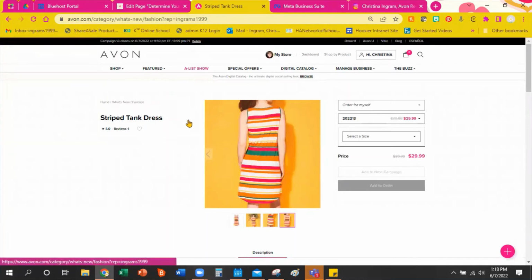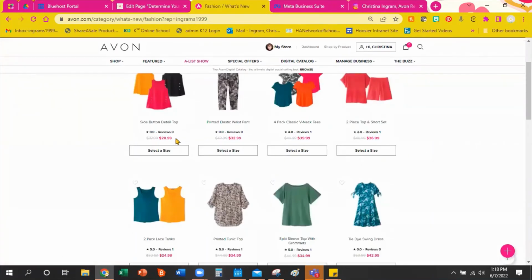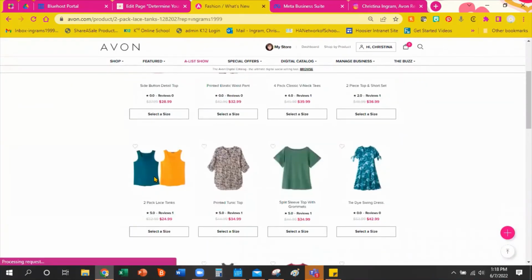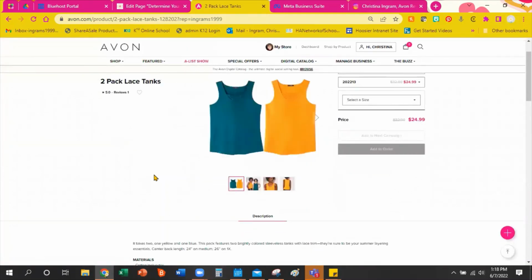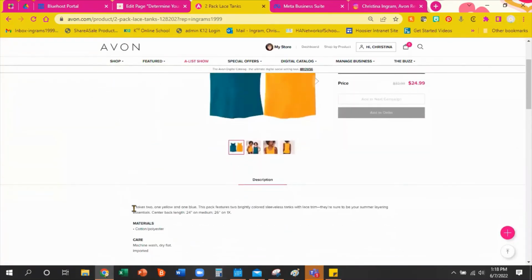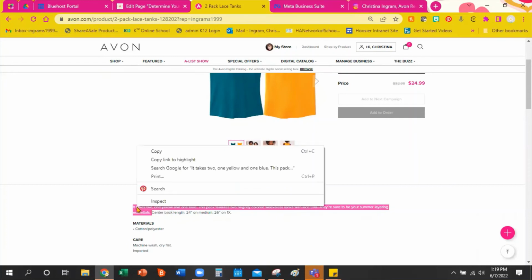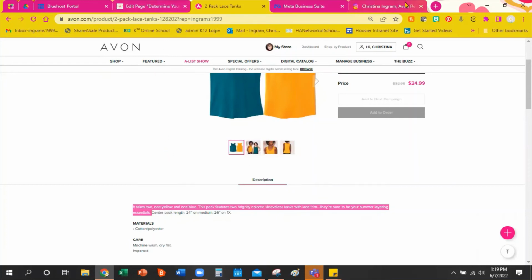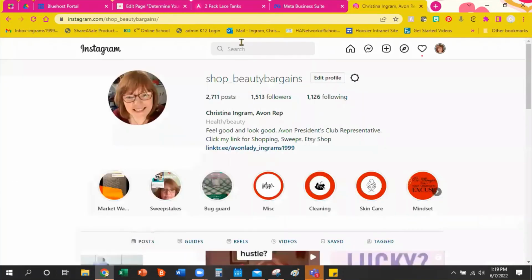And I'm going to back up to the What's New Fashion. These are the tank tops that I'm featuring. And you definitely want to tell people that it's a 2-pack, right? Because that's a special thing. So it takes 2, 1 yellow, 1 blue. This pack has 2 brightly colored sleeveless tanks with lace trim. They're sure to be your summer layering essentials. It's written for you guys, but what else could you ask for? So just copy that